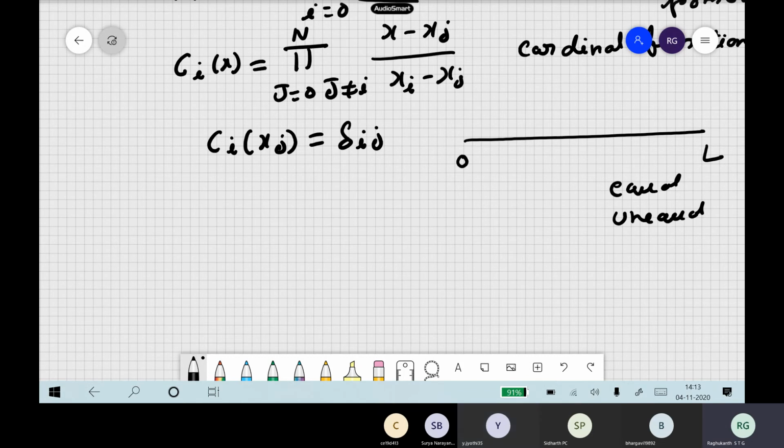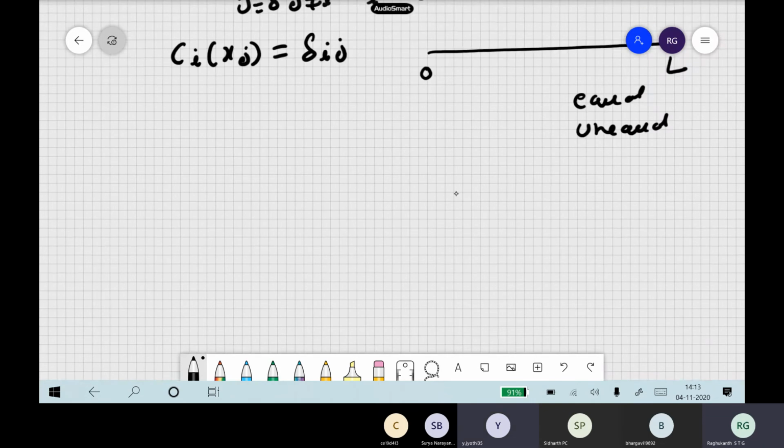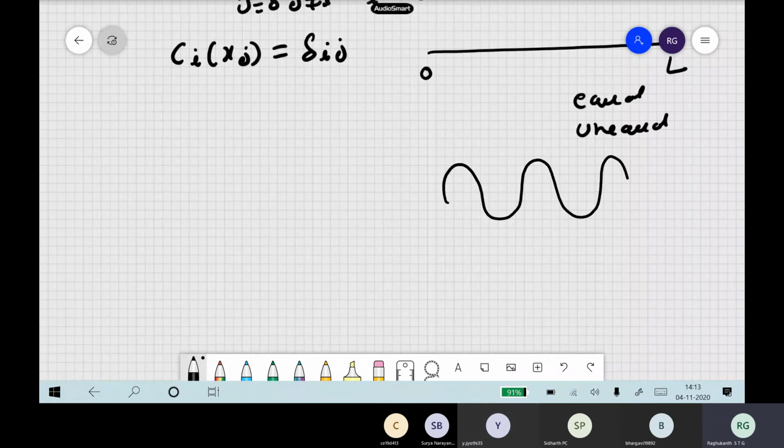Of course, it depends on the problem. Suppose the things are periodic, what do you do? Equal or unequal spacing? For example, you want to interpolate a simple sine wave. Both of them will give you the same result, so it doesn't make sense to choose. But of course, in our problems, what we are dealing with is not periodic.